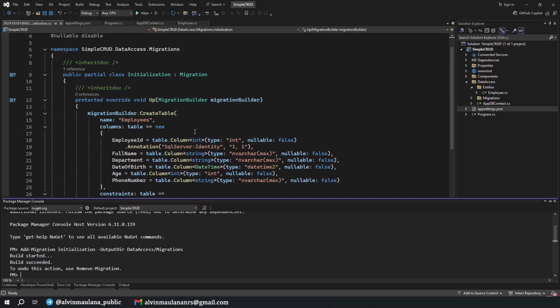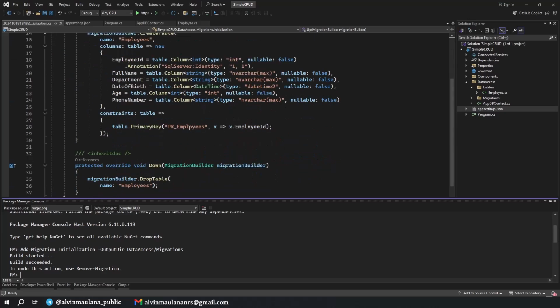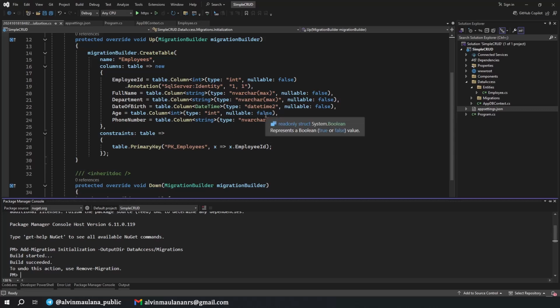If you are not familiar with this kind of thing, this is Entity Framework Code First. In Entity Framework Code First, anything we want to do in our database, we do it from code. Like this, we are creating a table with this description of columns, all defined from our code in here.